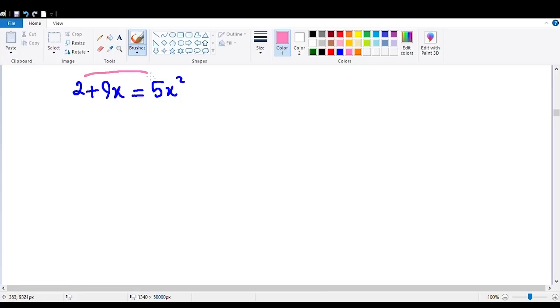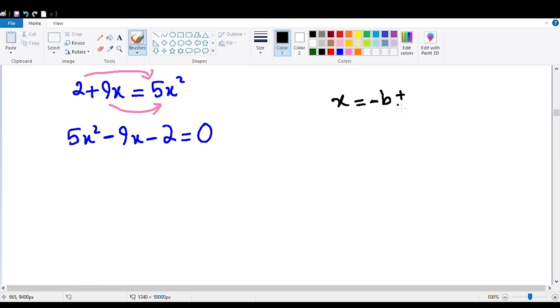Now when you take 2 to the other side and 9x to the other side, we'll get 5x squared. 9x goes to the other side, it will be minus 9x. 2 goes to the other side, it will be minus 2, as their signs will change, and they're both plus right now, so both of them will be minus. Now we have it in standard form. Now let me write the quadratic formula, which is x equals minus b plus minus the square root of b squared minus 4ac